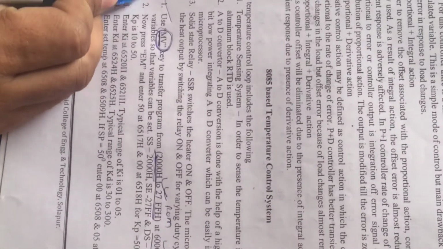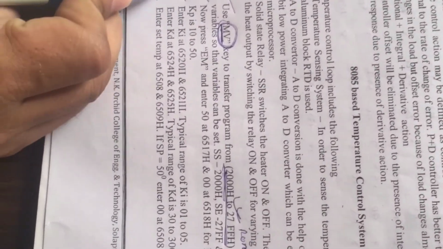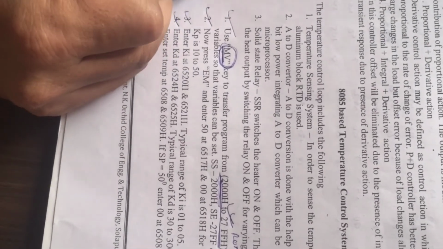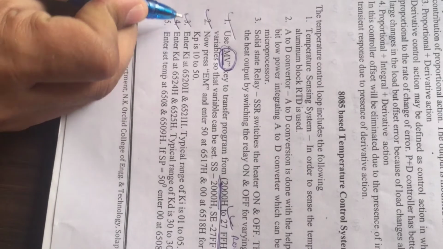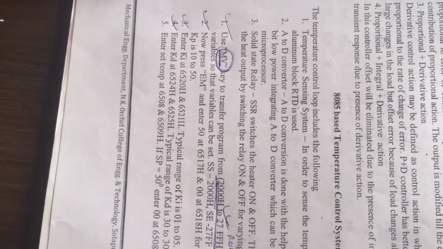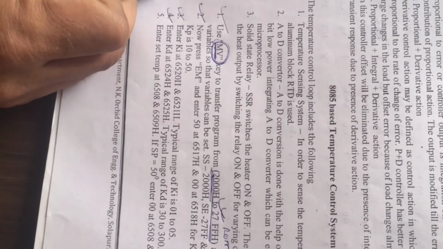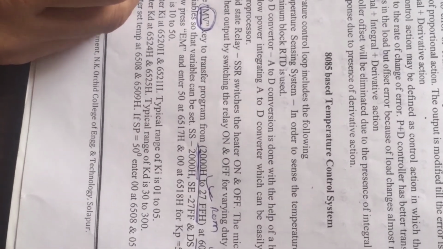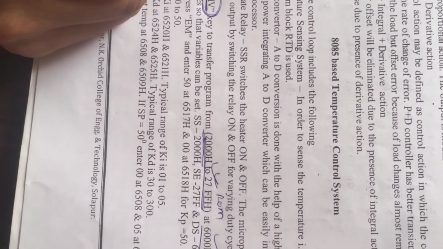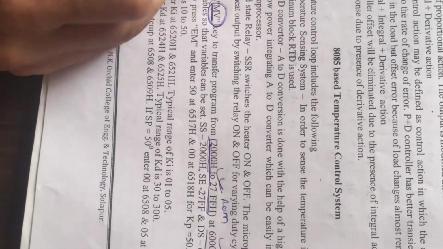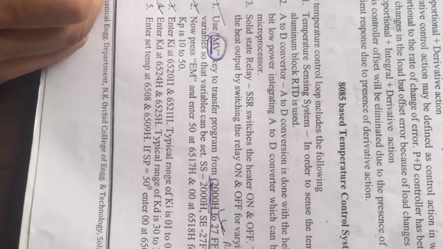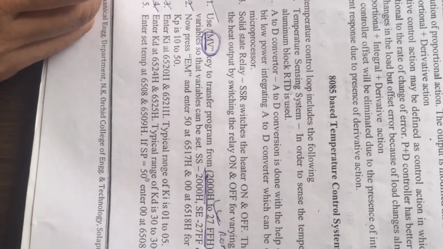step number 2, 3 and 4. Step number 2 is associated with the P control action. Step number 3 is associated with the I control action. And step number 4 is associated with the D action. And in the equation, you are recalling from the previous discussion, P is associated with KP, I is associated with KI, and D is associated with KD.